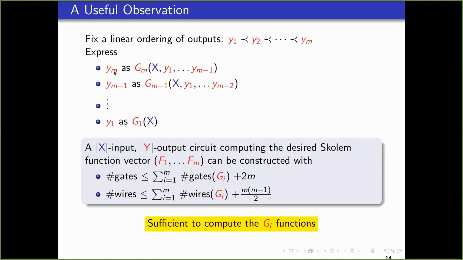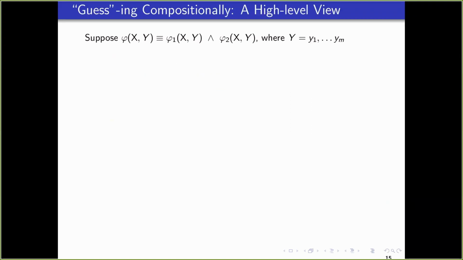So of course here, what are the two steps? One is synthesizing a Skolem function for a one output specification, which we know is easy, and then doing the composition. Now this composition can still blow up, because I am having to repeatedly compose, compose on a compose and so on. So there is still this source of blow up. The lower bounds that we showed are not going to go away so easily. So there's still going to be this source of blow up that remains, and this is where we say that, well, we can try to guess compositionally.